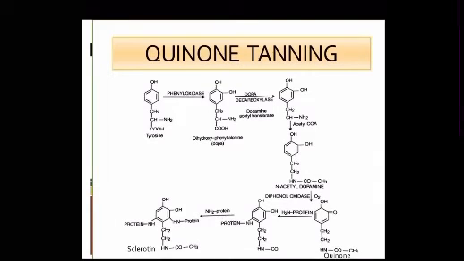These are the reactions which occur in the quinone tanning and subsequent sclerotization. On the top left corner, the structure you see is of tyrosine. The amino acid tyrosine is oxidized by phenol oxidase, which leads to positioning of this OH group on the carbon atom, and dihydroxyphenylalanine, DOPA, is formed. Then the enzyme DOPA decarboxylase removes this carboxyl group at this end,